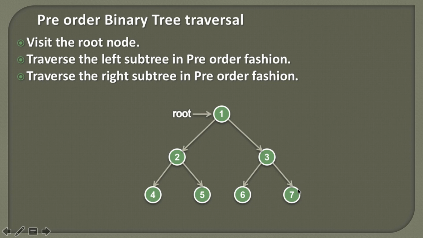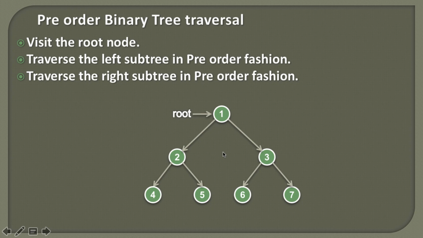When we reach the node 7, we first process this node and then we traverse its left subtree and its right subtree. As node 7 has no left subtree and no right subtree, we are done with the processing of the node 7. Then we reach the node 3, and since we already processed this node, we reach the node 1. So friends, in pre-order traversal, we first process the node, then its left subtree, and then its right subtree, and this we do recursively for each and every node.